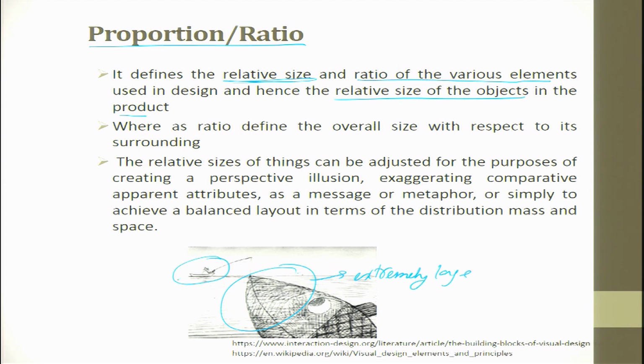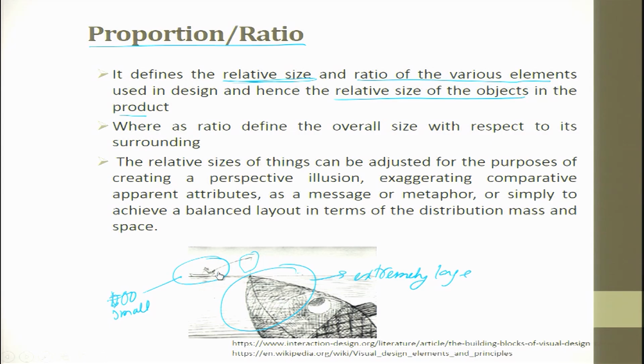Look at the man here, who is too small. The proportions are off: maybe the fish is very close to you and the man is too far off. If you say such a big fish, and look at the wire and other things he is using, it is just disproportionately drawn, or it can be a cartoon image, whatever you want to say. It defines the relative size between the man and the fish and the ratio of the various elements used in